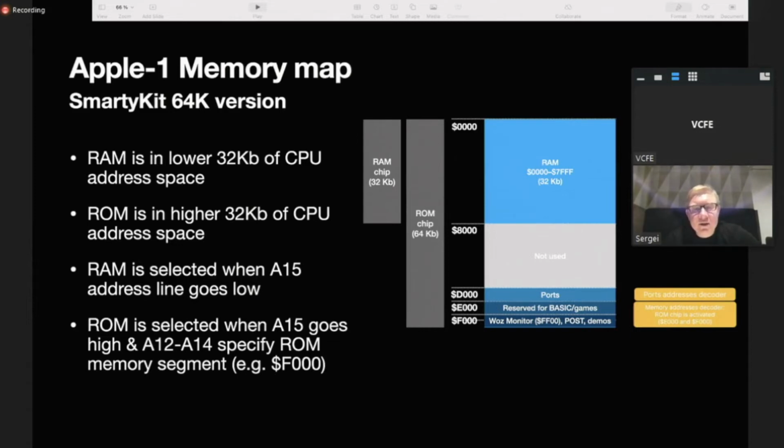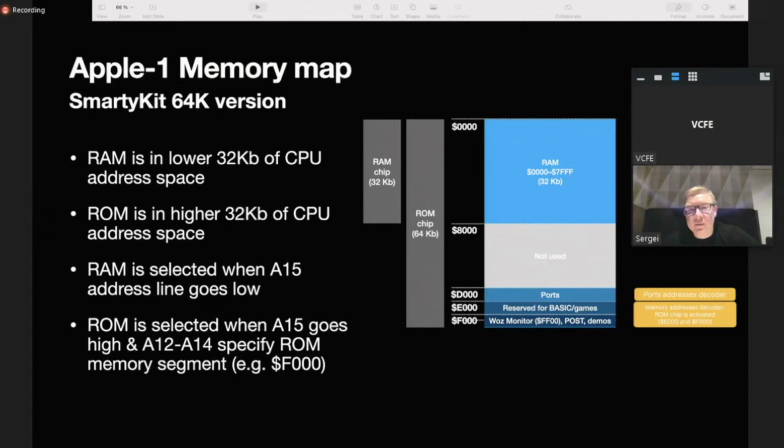complicated, because we also need a special signal to address our ports, which lie right in the ROM memory address. If there were no ports in this address space, it would be very simple. We just need to invert A15 and connect it to ROM, and that's it. But in our case, we need to use a 3-to-8 decoder, connected to A12, A13, A14, and using A15 as the enabling input to work with all these segments